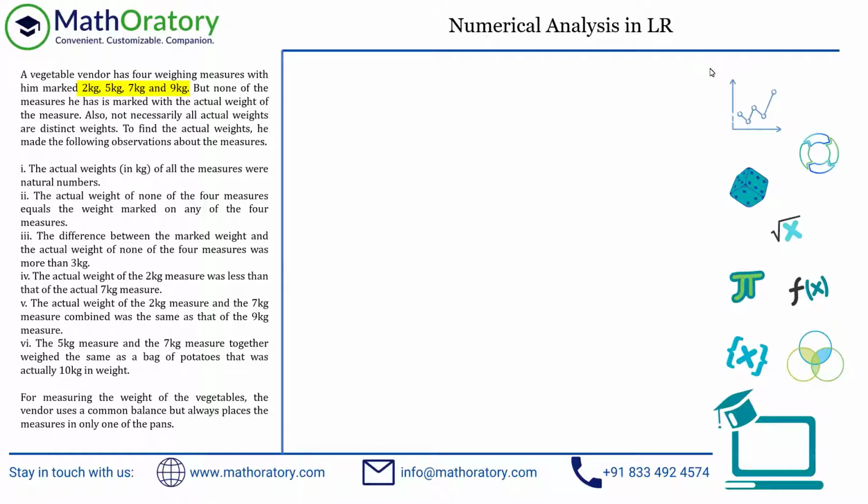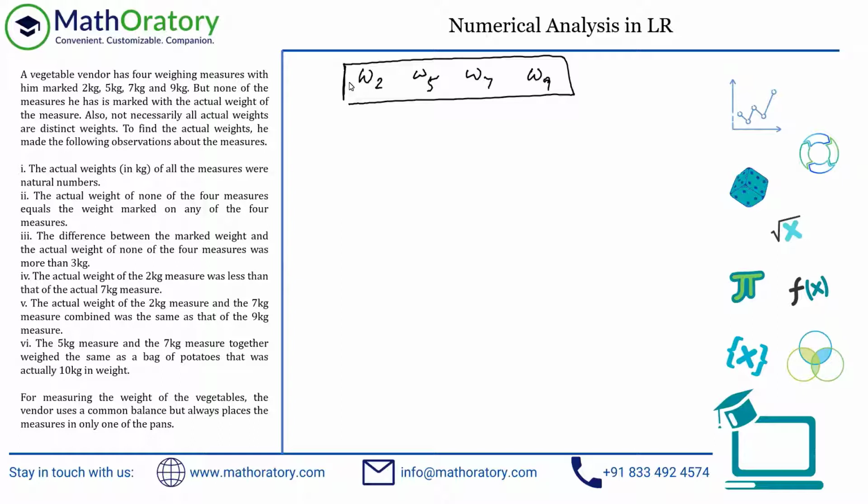For example, this 2, 5, 7, and 9 are not actual numbers, right? So why worry about 2 kg, 5 kg, 7 kg, and 9 kg? I'm going to denote them as W2, W5, W7, and W9. Whenever I collect any information related to these measures, I'm going to indicate it using these variables. That is the approach I'm going to take visually. When I put numbers into this, it will be easier for me to understand that they are the actual numbers or cases or possibilities of the actual numbers.